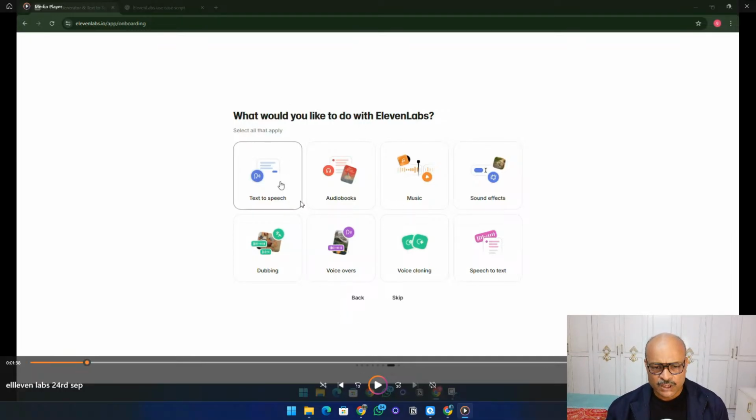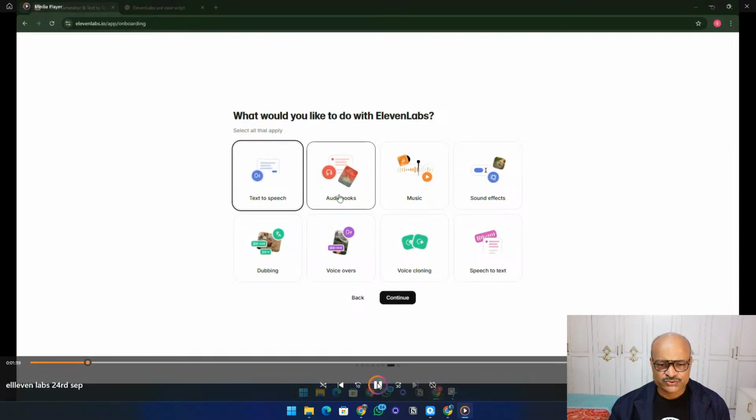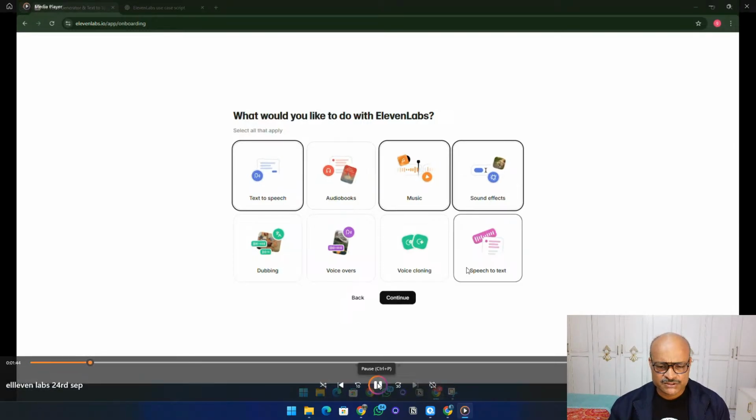You can choose one, you can choose two, you can choose multiples. It's no problem. You can also skip it, no problem if you skip it. But I choose because if you choose it, it will design the AI to work taking reference of that. Okay. So I use text to speech, then music, sound effects, speech to text, voice cloning,